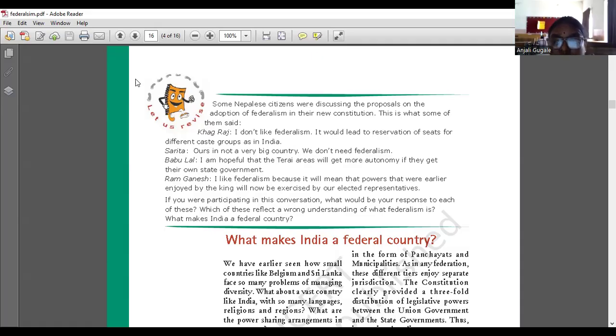Now, earlier it was the king, he was deciding everything for everyone. But now there will be voting, there will be elections, and now powers from the king will be taken and it will be exercised by the elected representatives, and there will be sharing and division of power, and it will lead to accommodation of diversity, equal rights for everyone, equal fundamental rights being enjoyed by all people of all the diverse groups living in Nepal, and eventually it will unite the country because the country will start prospering.